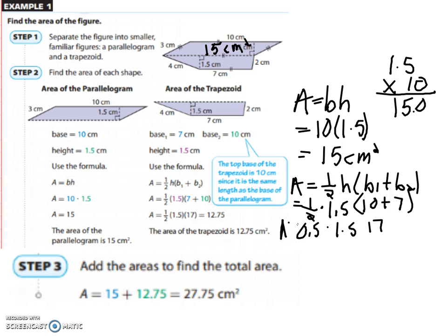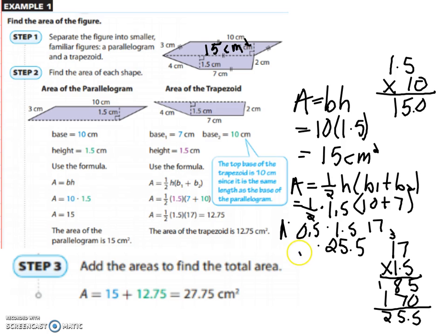All right, so 17 times 1.5. We have 5 times 7 is 35. 5 times 1 is 5, plus 3 is 8. We have 1 times 7 is 7. 1 added up, 8 plus 7 is 15. So we have 25.5